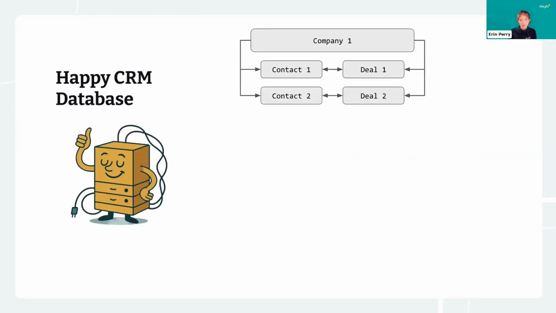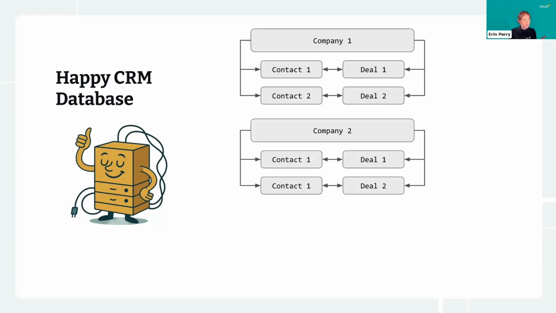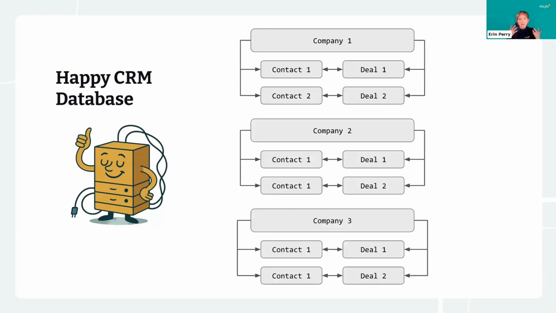All right, so in my work helping our clients with attribution, I end up digging into many different CRMs. And pretty much all of them have the same underlying structure, give or take bells and whistles. So this example that I'm showing here would be your typical healthy, happy, well-maintained CRM. Companies, contacts, and deals are your most basic building blocks of a CRM.